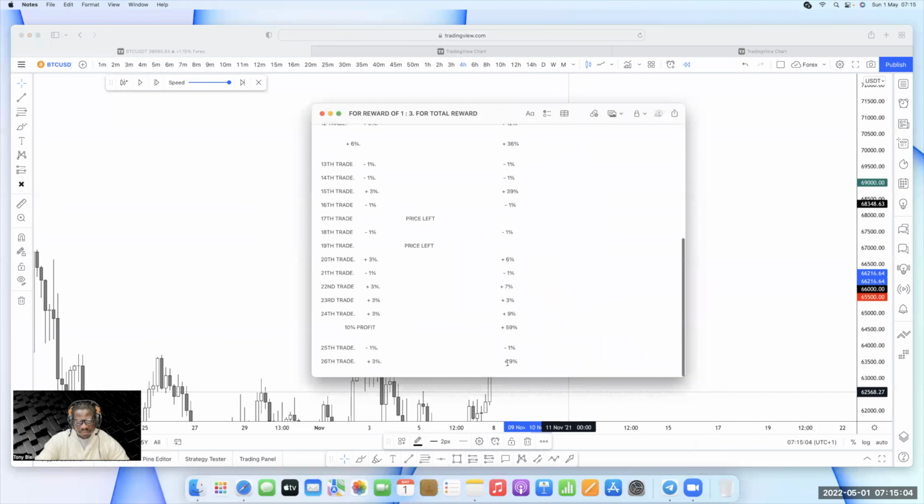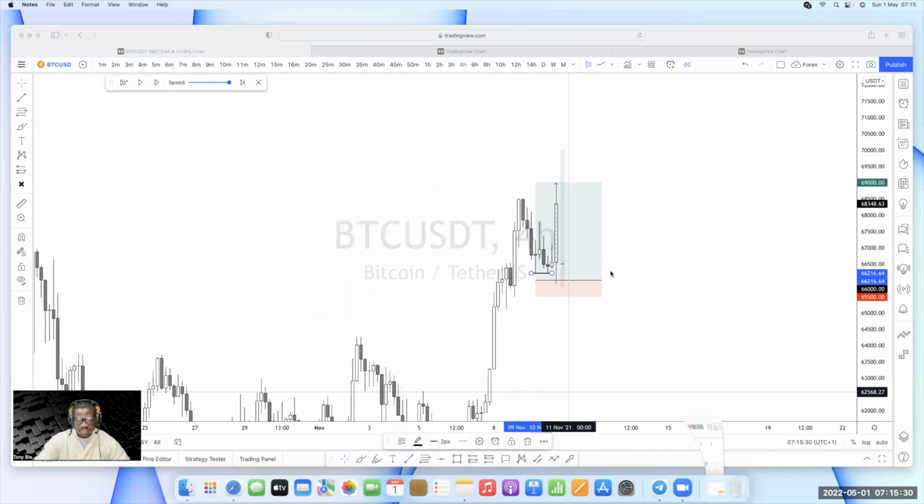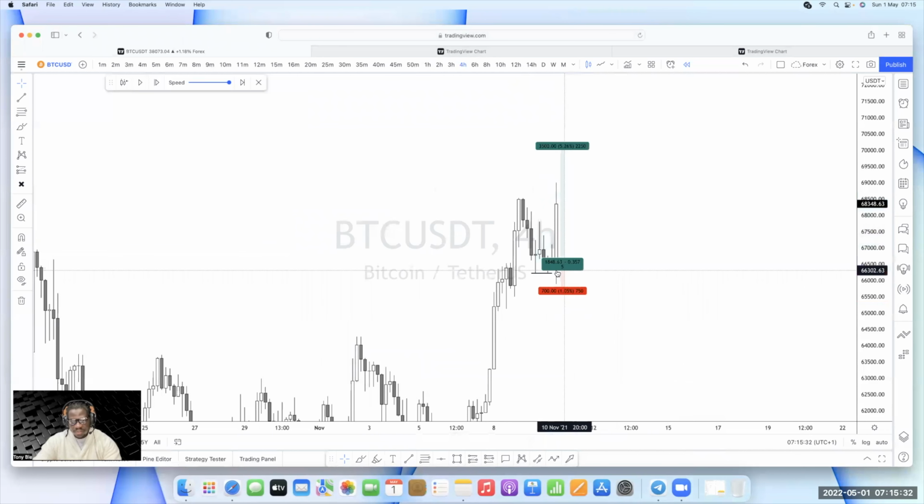So the 27th trade, we're up plus 3% again. And then total reward was 1 to 6, so plus 6%. Yes, that's the 27th trade. All right, so that played out perfectly. And now the next trade,